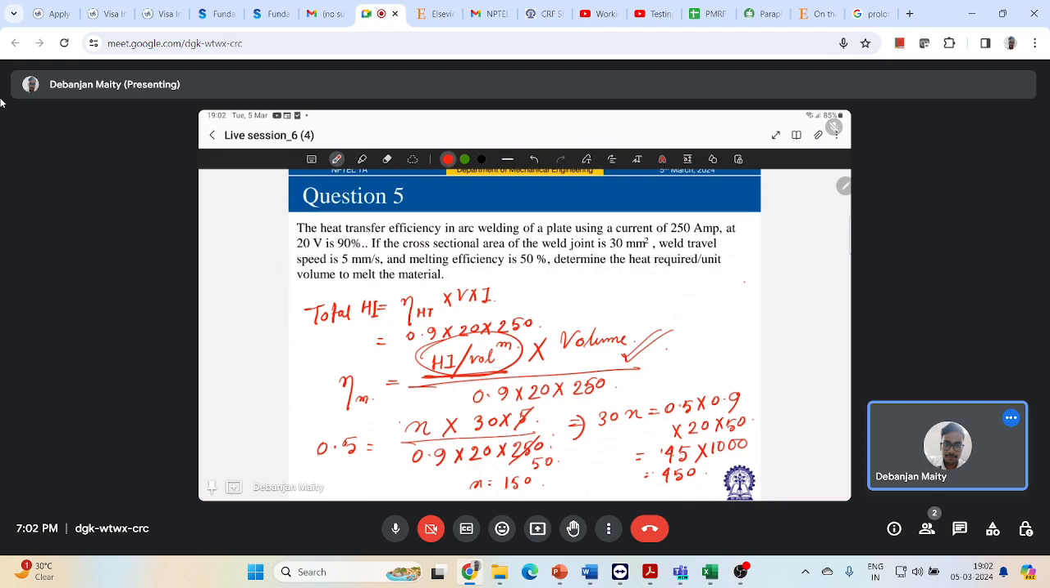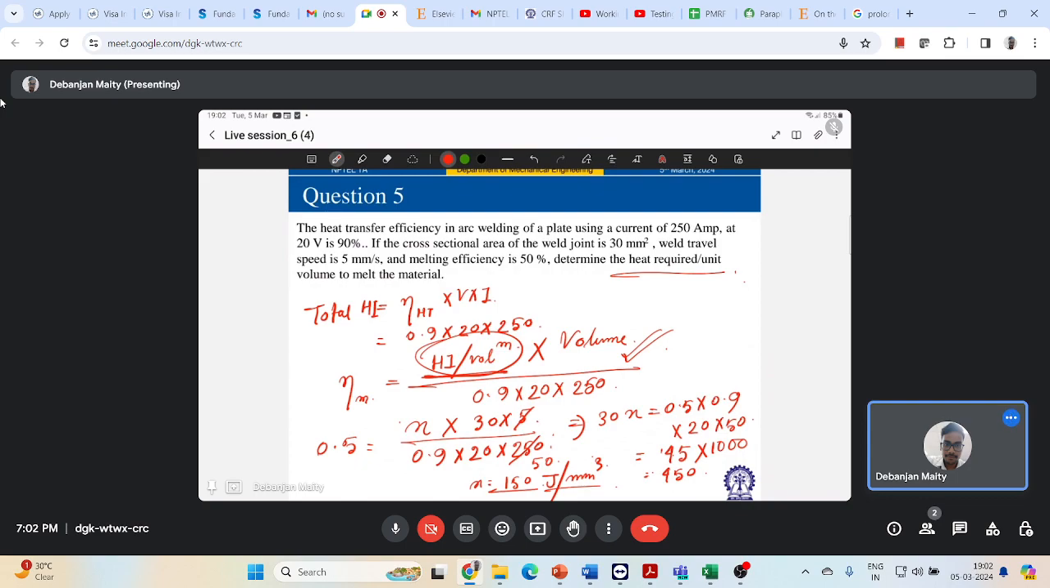So my heat required per unit volume will be, this is huge actually. So anyhow, ignore the practical values and just get the concept of this numerical. So I'm getting my heat required per unit volume as 15 joule per mm cube, right? Now, we have talked about this. Current is